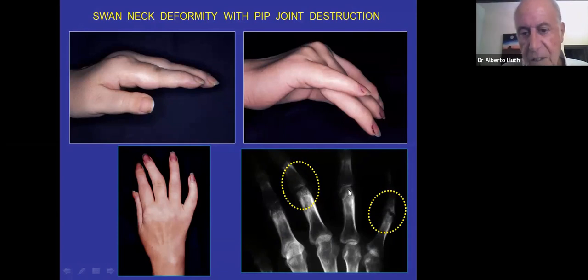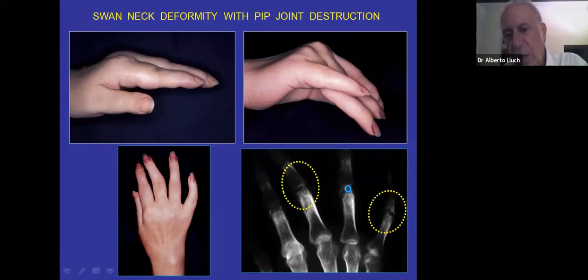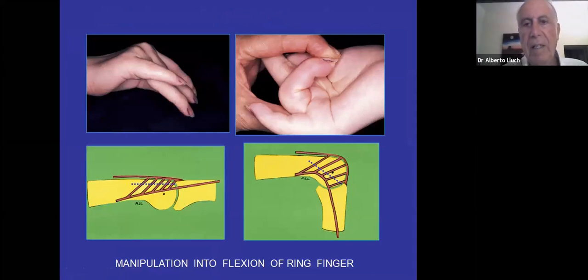If the joint is not destroyed, we can just do a manipulation into flexion. And you can do it in the office if you want with a digital block anesthesia, just to be sure yourself or show the patient that you don't need surgery, but you have to do it slowly, very slowly, and you will see that the joint will